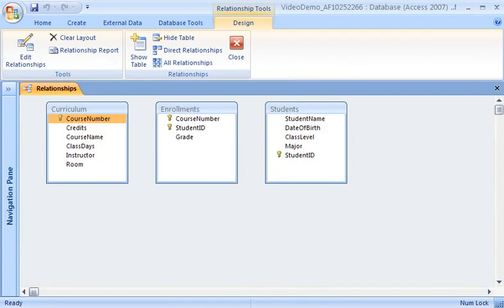In order to set up the table relationships, I'll need to see all three tables. To show the tables, I click Show Table in the Relationships group. In the Show Table dialog box, I double-click each table name, and then click Close. To set up a relationship, each table must have at least one field in common with